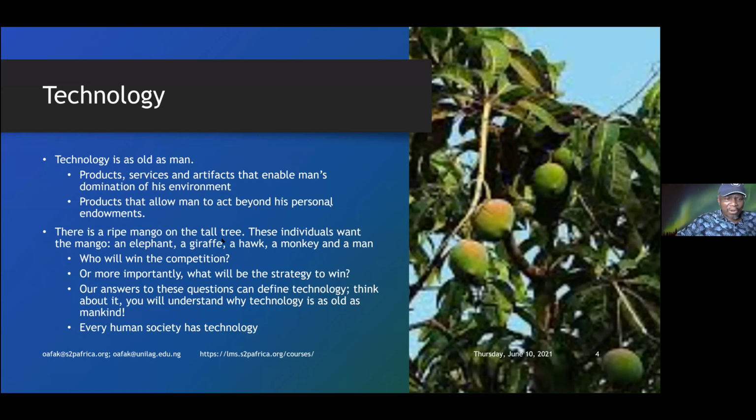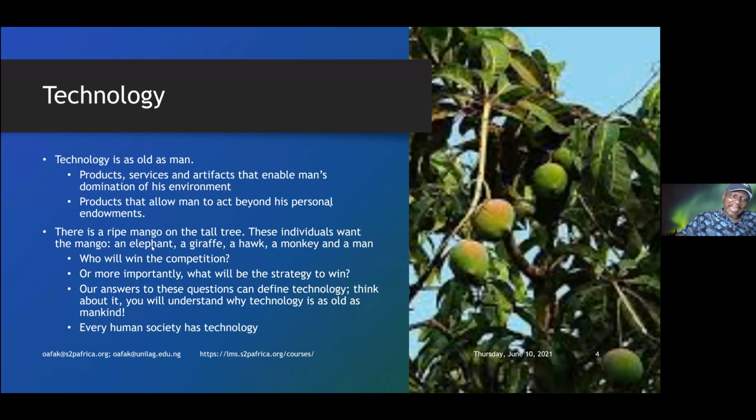There's a mango on the tree. You can see the mango on the tree here, okay? These individuals want the mango: an elephant, a giraffe, a hawk, a monkey, and a man. So see them, 1, 2, 3, 4, 5. So if these 5 individuals compete for this ripe mango,